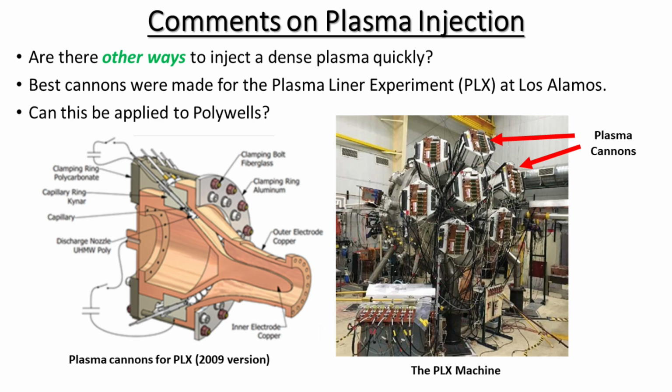There are other ways to create dense amounts of hydrogen plasma. One way I would look at is a plasma cannon developed for the plasma liner experiment. Plasma liner experiment's a great fusion machine that's been built at Los Alamos National Laboratory. It was under development starting in the late 2000s or early 2010s under Scott Hsu, and they built plasma cannons that are the world's best for this machine. They were built by a company called HyperJet Technologies in Virginia. HyperJet is no more, by the way. They changed their name. They moved on to other things, but they have these plasma cannons that are world class,